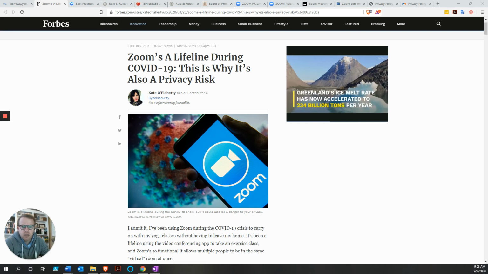So briefly, for those of you who are uninitiated, video conferencing is a way to communicate with one or multiple people using your computer, tablet, or your phone. It connects audio with video when you're talking. FaceTime can easily be thought of as video conferencing. Zoom is one of the more popular video conferencing platforms right now. Many times these applications will allow you to share documents, write notes to each other, and share each other's screens during the conference call.